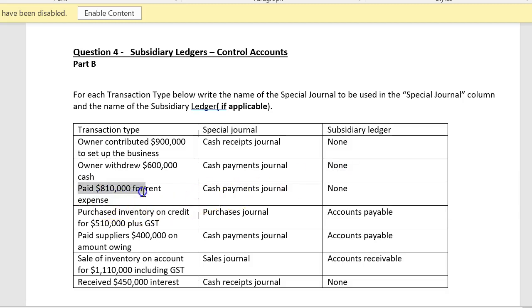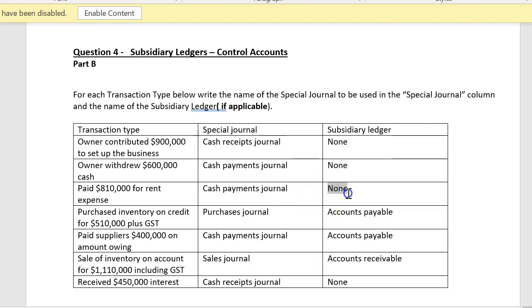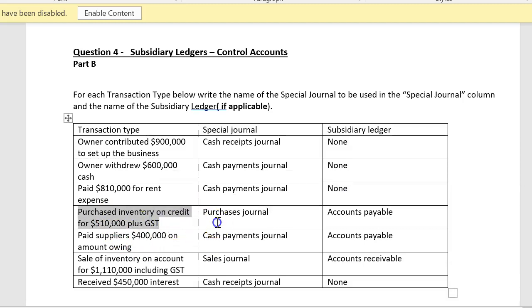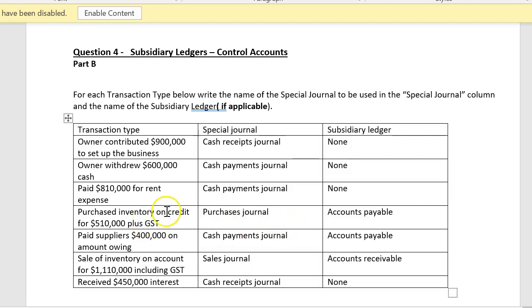Paid $810,000 for rent expense. It's again recorded in the cash payments journal because it's a cash outflow. There is no subsidiary ledger affected. Purchase inventory on credit. Again, you can ignore the GST, don't need to worry about the GST. When inventory is purchased on credit, it's recorded in the purchases journal. Since they bought inventory on credit, they have accounts payable, so accounts payable subsidiary ledger is relevant to this